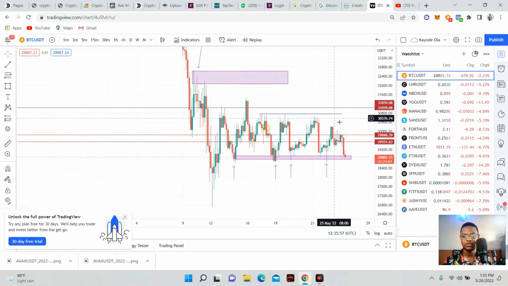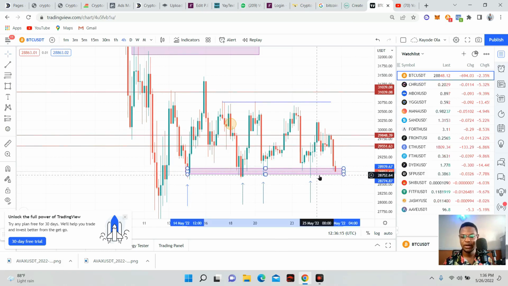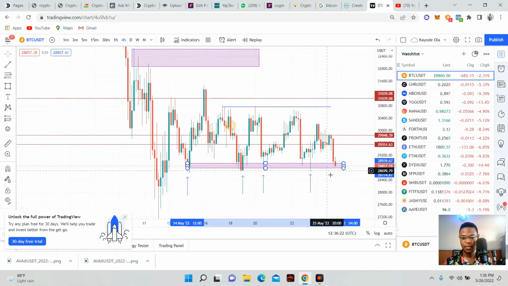So let's assume you bought this market from this point, which is 98,800. As you can see, the market is now at 28,800. You can simply sell the market at this zone. I have a rectangle shaded here, which means this is where the market repels as a form of support. You can sell here, or you can sell 50% here because of the retracement, or it can still go further down. So you can do it in two ways.